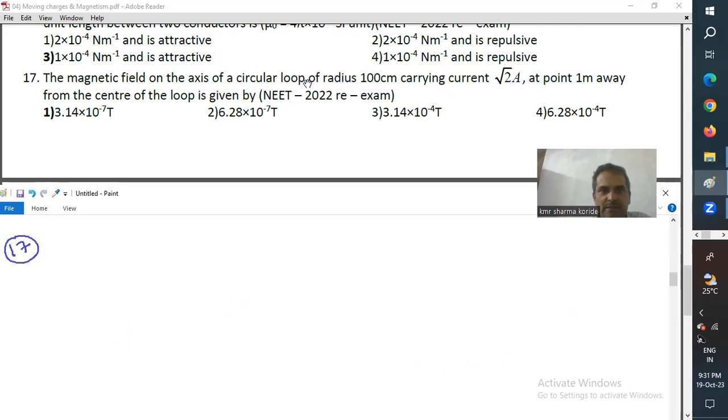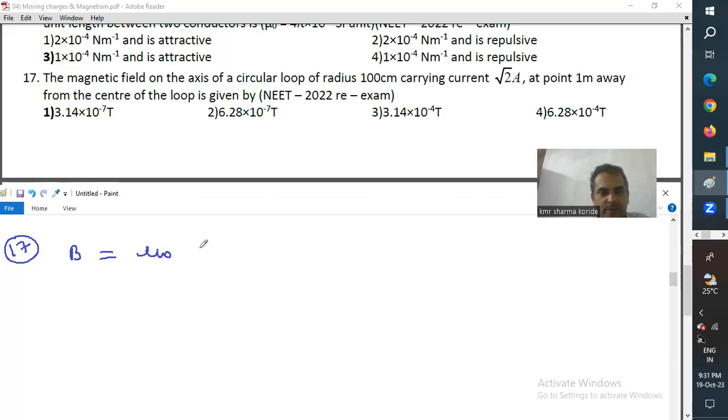Magnetic field on the axis of a circular loop of radius 100 centimeters carrying current root 2 amperes at a point 1 meter away. So this is the X value and this is the radius. Radius is 100 centimeters, which means 1 meter from the center of the loop. Making use of the Biot-Savart law, the magnetic field induction at a distance X on the axis of the circular coil carrying current I